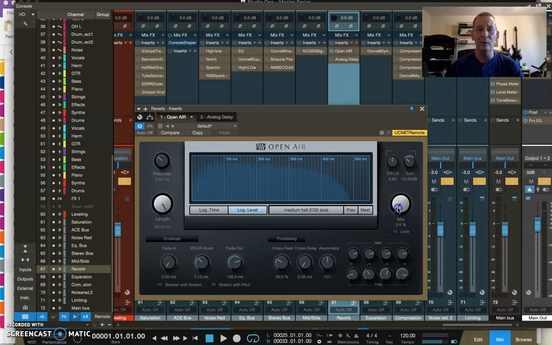So when you start to hear it, you really want to back off and then A-B it back and forth. Most of the time it's very light. Like I come in here, I might add 2% or something, at most, and that might be a lot for certain mixes. It's just kind of blending things together, melding things together, gluing the mix together, taking a little bit of the rough edge off anything, helping things preserve their identity. And we're not trying to take that away, but just trying to help them meld